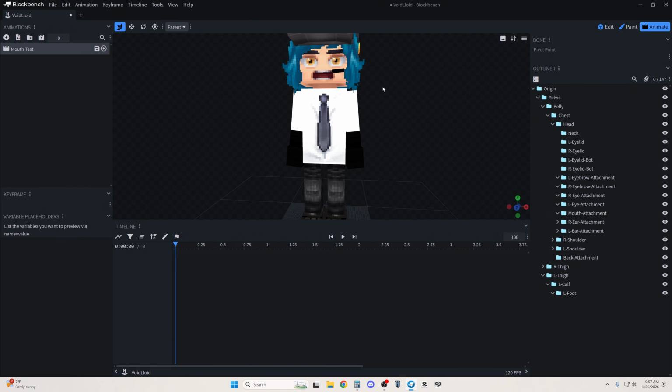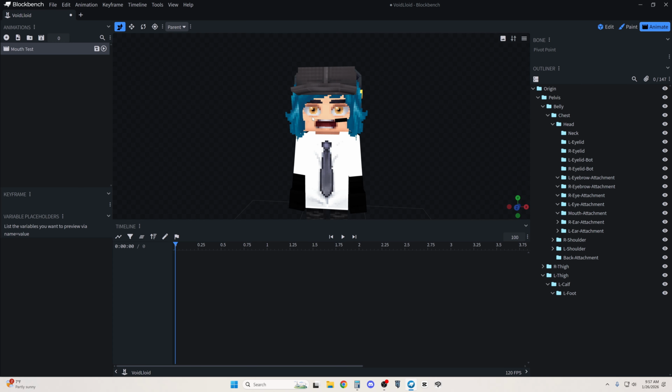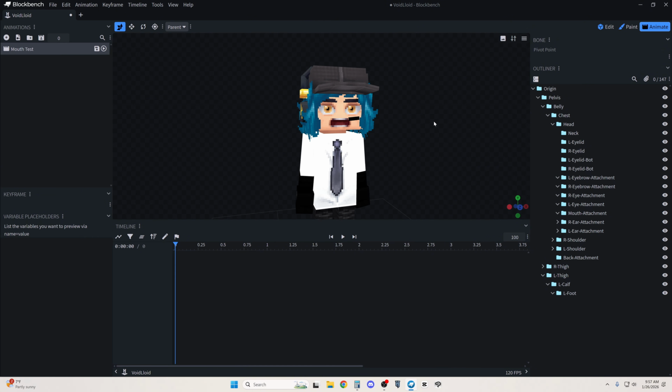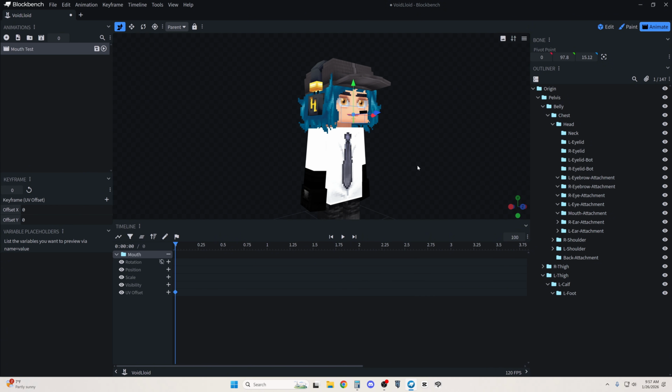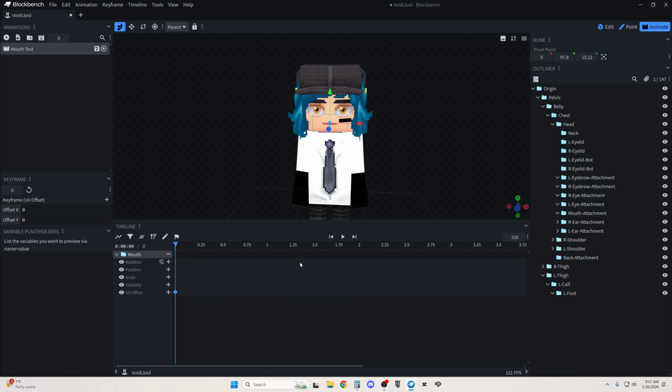So you can see the mouth is kind of like that right now. It's a kind of a glitch in BlockBench where I had the mouth shape like this previously. So over here on our right side, select mouth. You got to make sure this one is clicked, the mouth inside the mouth attachment. And then finally, with the plugin, we get a new property to mess around with, and that is UV offset. So if we go ahead and make a keyframe of that, you can see that it automatically set his mouth